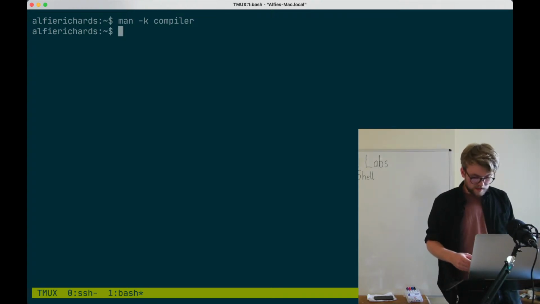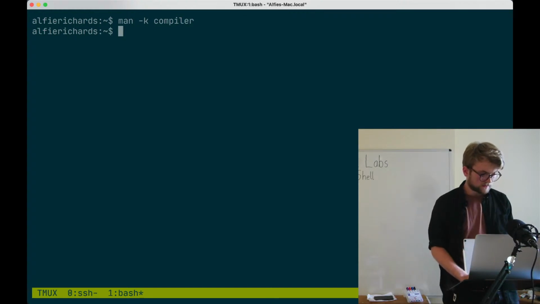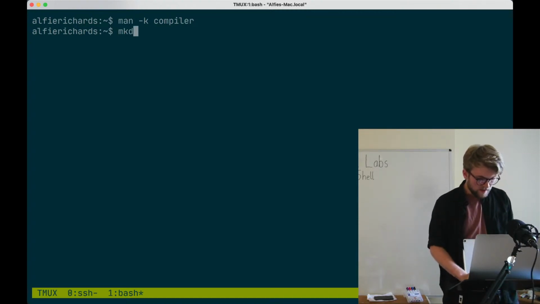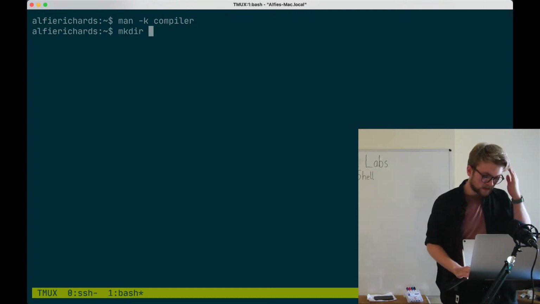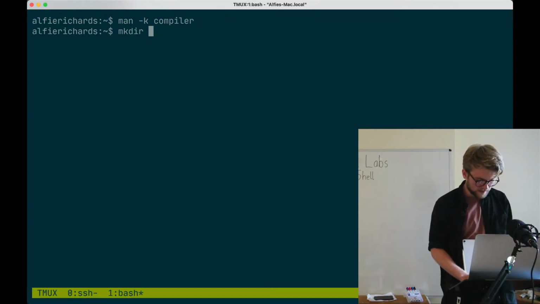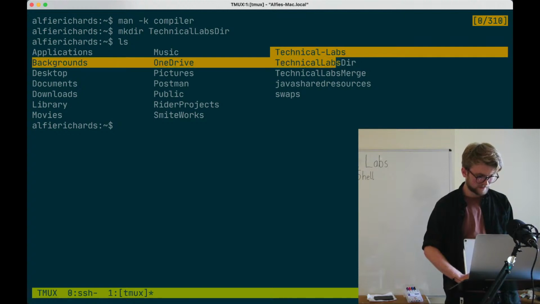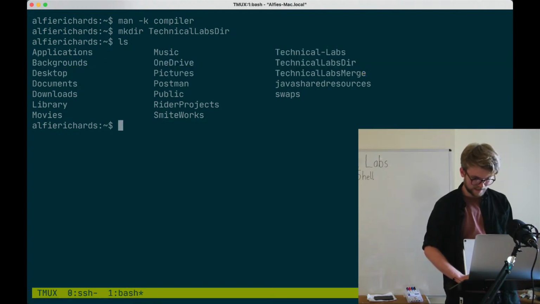So let's talk about how we make directories. Currently I'm in my home directory, and we might want to make another directory to store some stuff. So we can do mkdir, which is make directory, and then we give it a name. So let's call this technical labs dir. Okay, and if I ls, you will see we've got lots of technical labs here because I was working on this yesterday. But if we go into our technical lab,